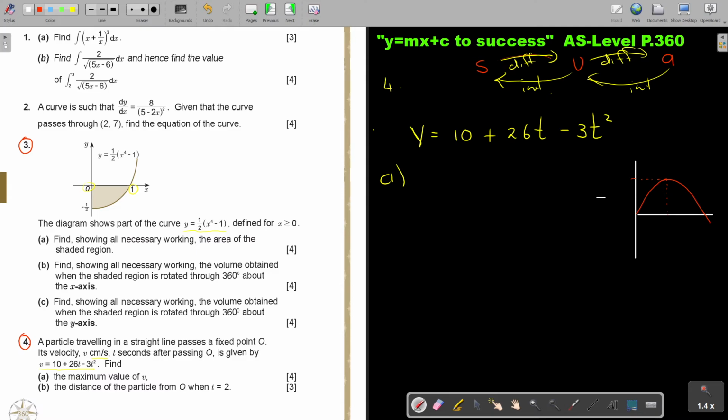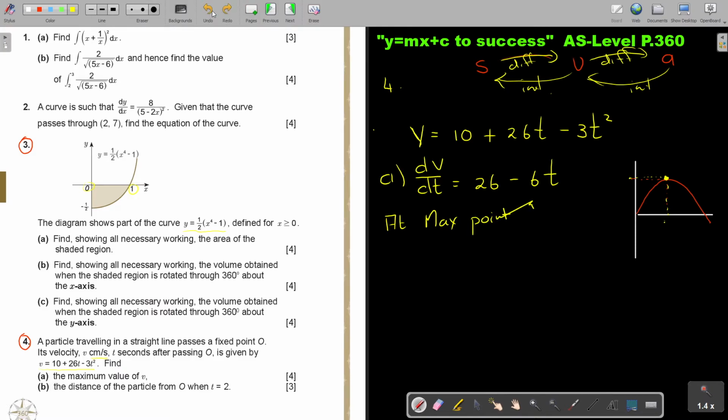I'm going to take this formula, it's actually to get acceleration, and I'm going to say dv over dt to get that acceleration. It's actually to get that value there. Then I can substitute it in the original to get that value there. But first, if I differentiate, I get 26 minus 6t. Are you with me? Now, at that maximum, I'm looking for that value. So, at maximum point,